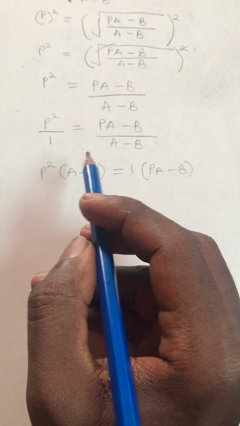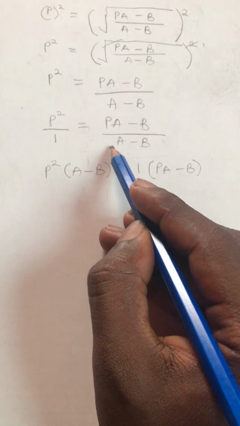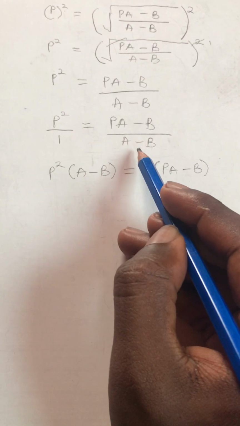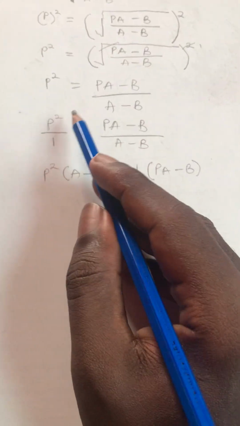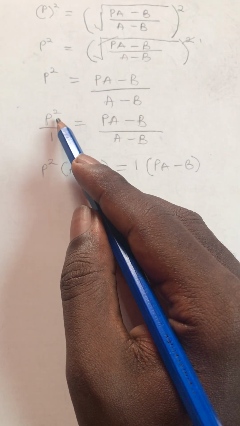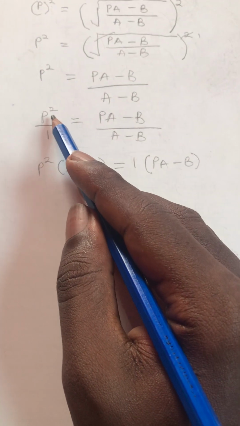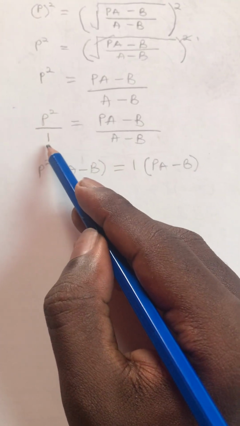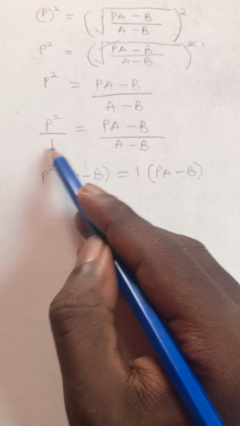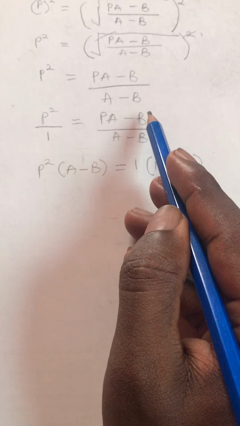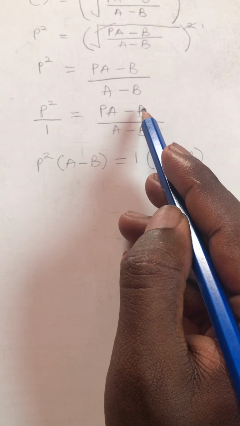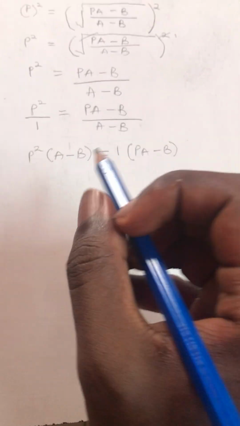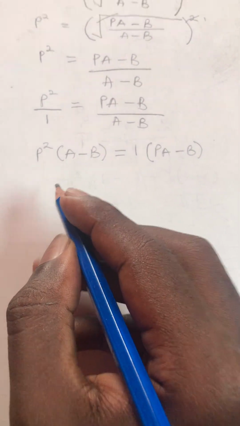When you are doing your cross multiplication, the denominator A minus B at the right hand side of the equation will cross the equal to sign to multiply the numerator on the left hand side. In similar trajectory, the denominator on the left hand side will cross to the other half of the equation to multiply the numerator on the other half of the equation, right? So we are going to have